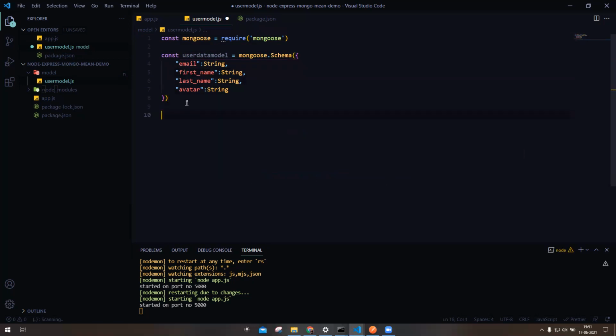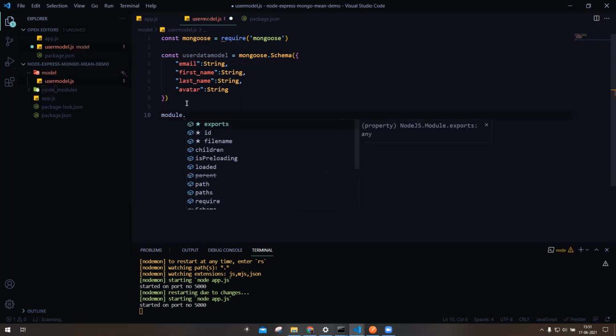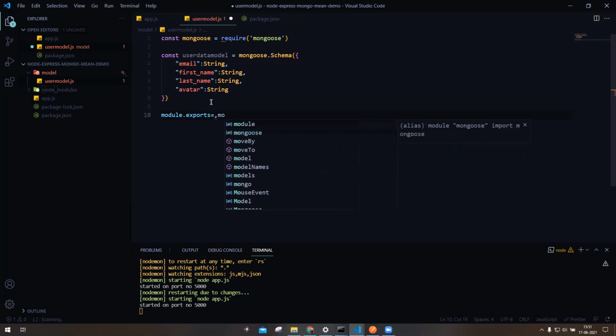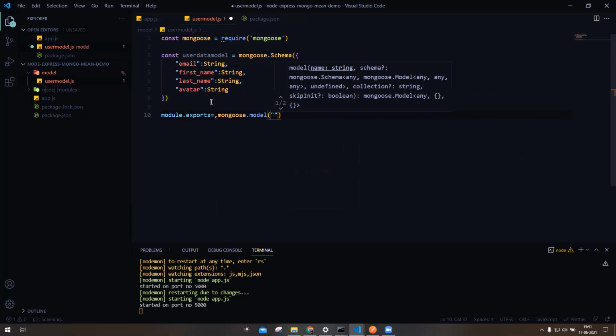After creating this schema, we have to export it. So we will do module.exports equals mongoose.model, and we give the name of the document.